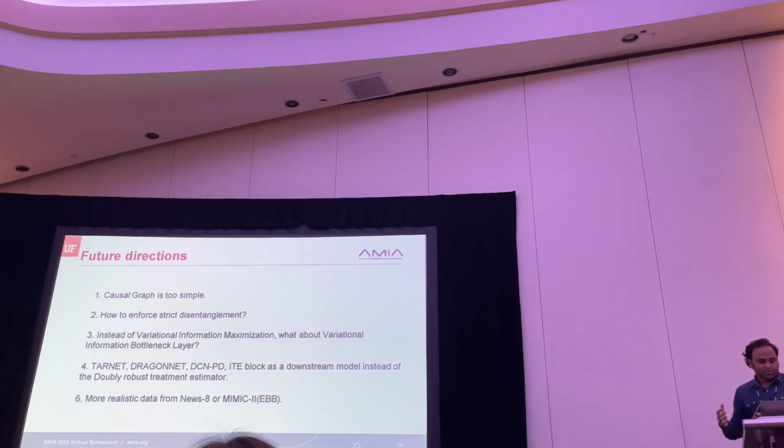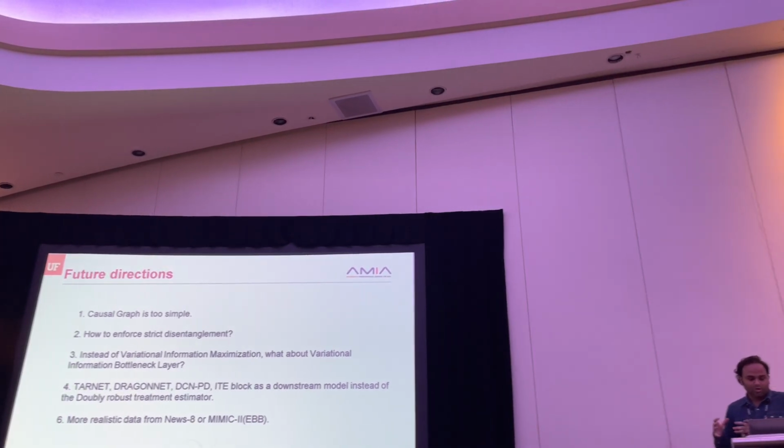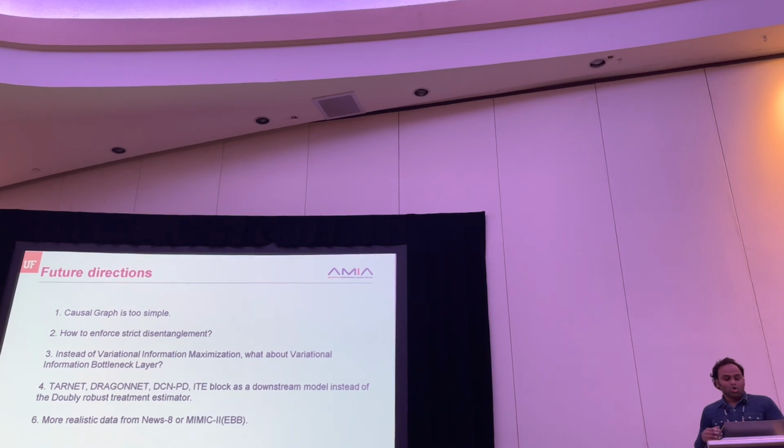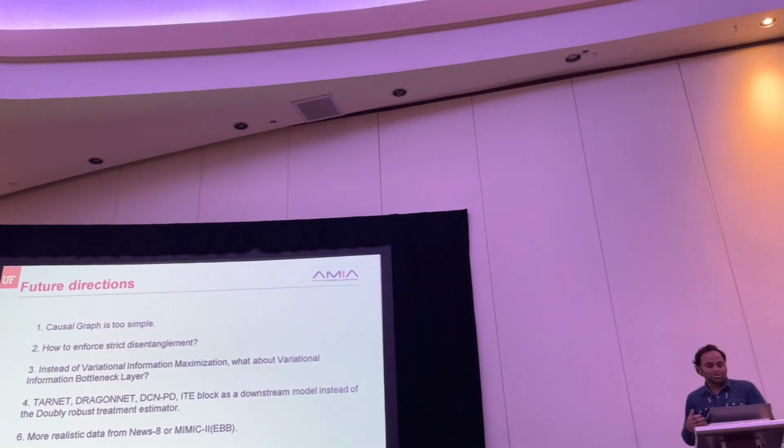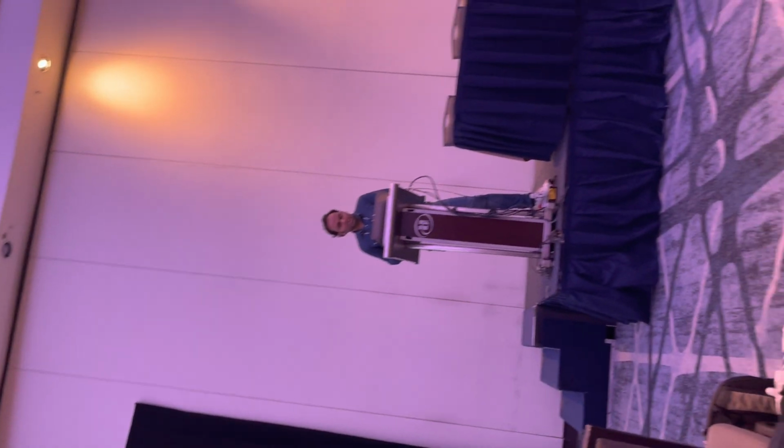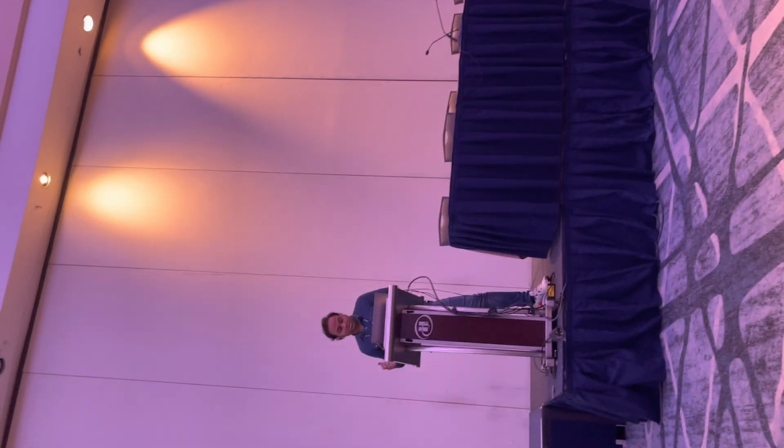So these are some of the future directions. The causal graph in this problem is very simple. We can enforce some strong, strict disentanglement constraint. Instead of variational information maximization, we can use